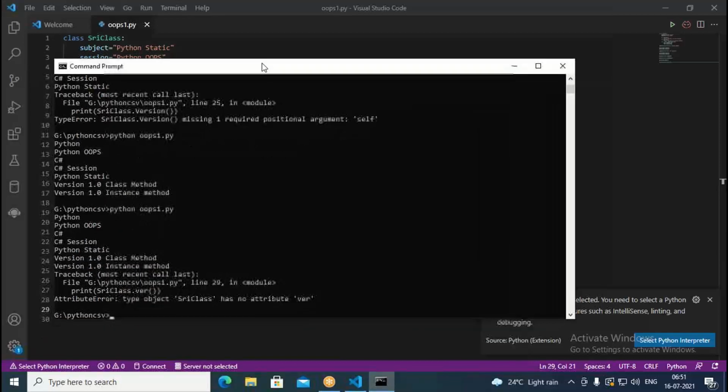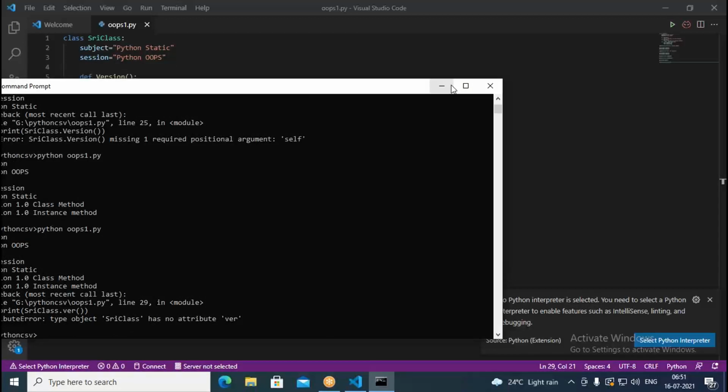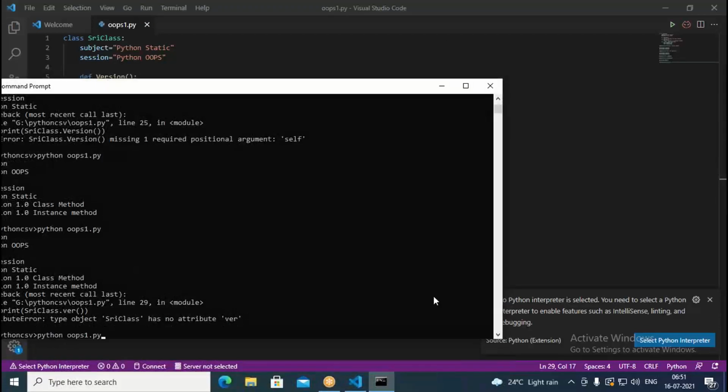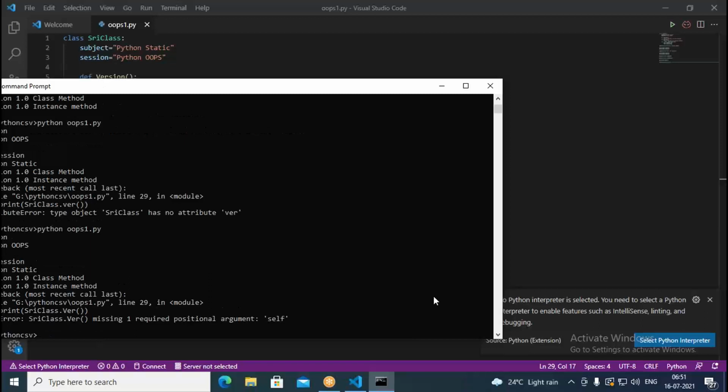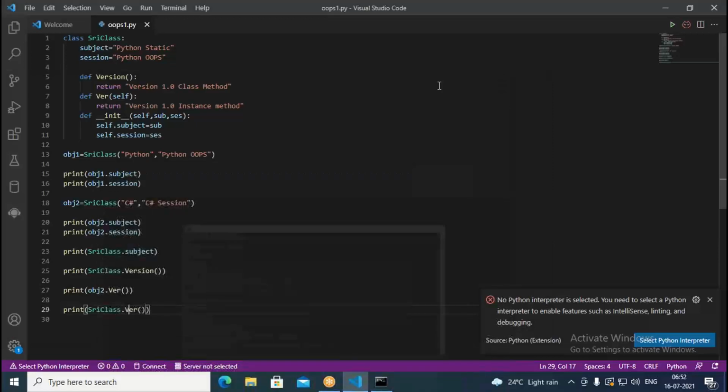Definitely it gives an error, because when I go with var, it says no attribute var. Let me go with uppercase; here I had kept it lowercase. Now when we run this, what do we get? See in this. This time also it is giving an error, because this belongs to the object, not to the class. Therefore, it gives an error here. Since we used the self keyword, you have to use it only with the object. You cannot use it with the class.